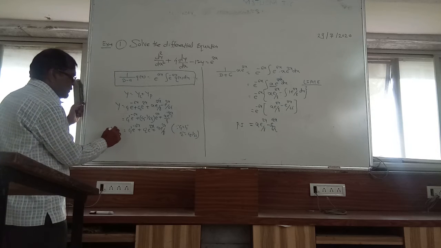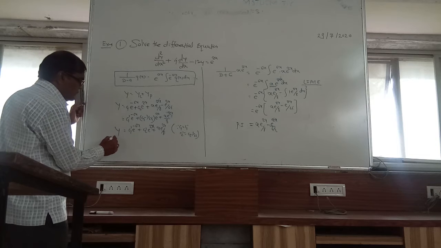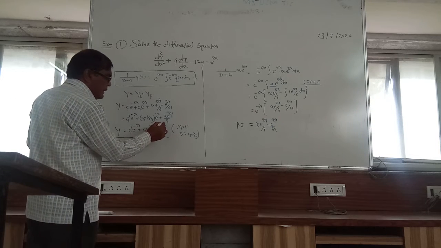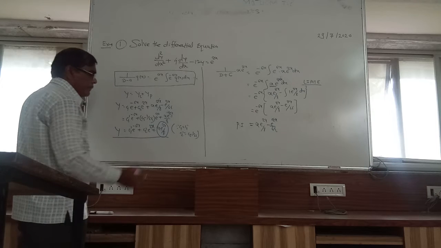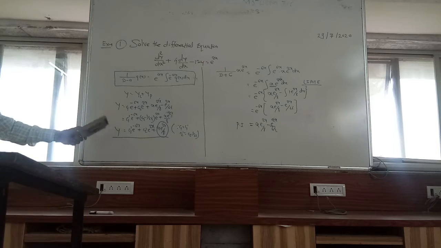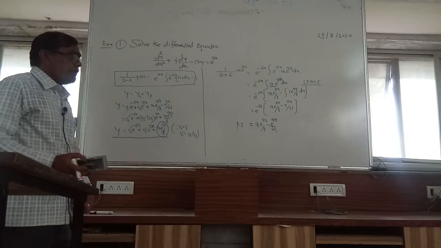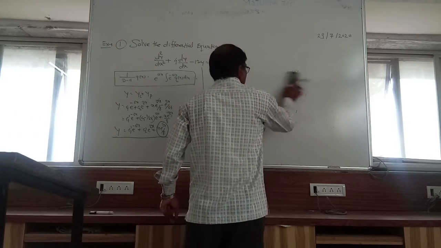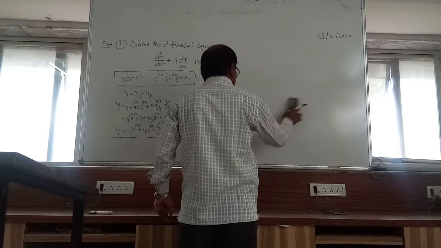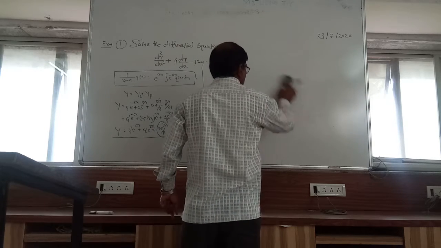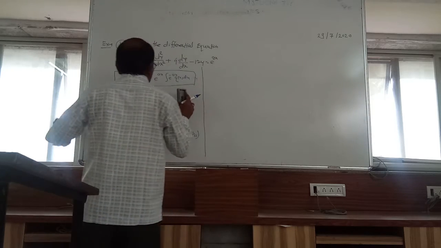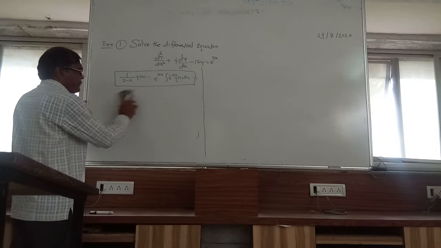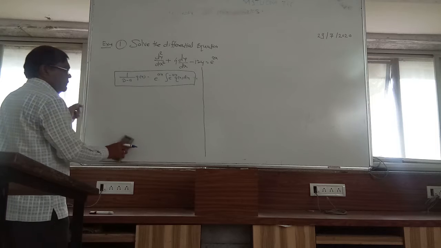We get this complete solution for the given equation using this method. So this is our yp, x into e raised to 2x upon 8, and the remaining is the complementary function. So again this same example we can solve by another method, that is by resolving the factors by partial fraction.